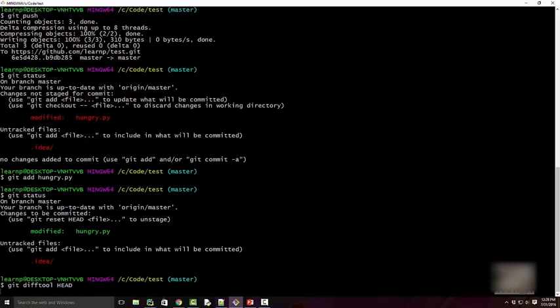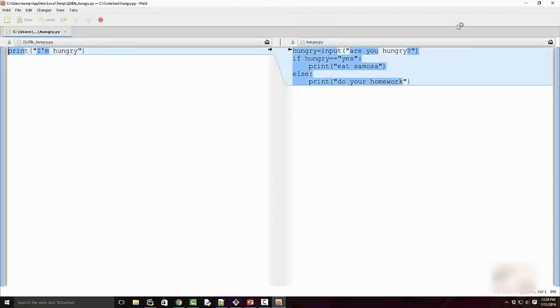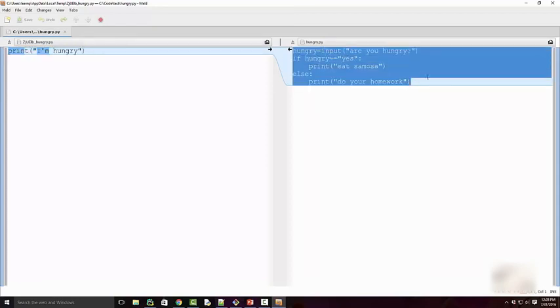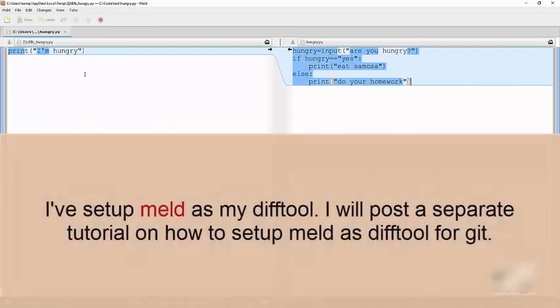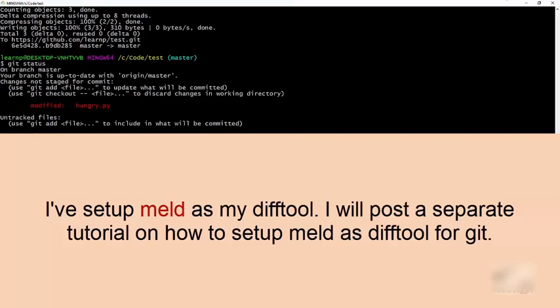So when I do this, it's going to open this diff. Here, this is my previous file, and this is my new file. Previously I had just one print statement, and now I have this whole code. So you just see the difference, make sure things look okay, and then what you do is